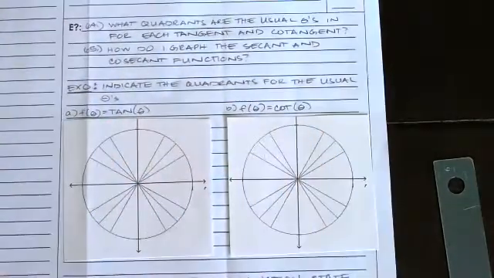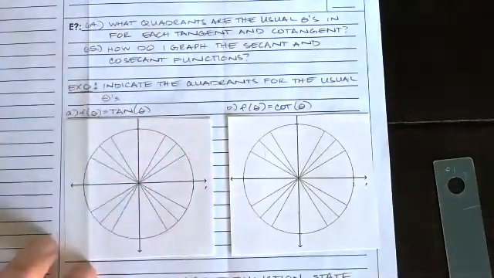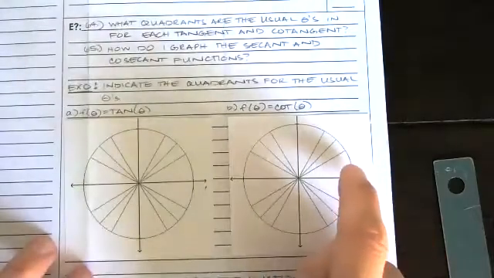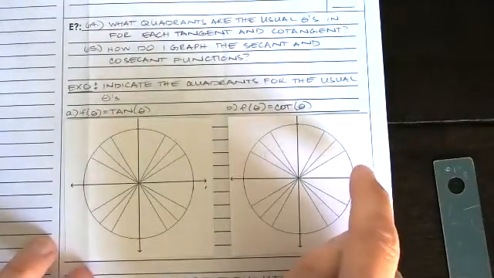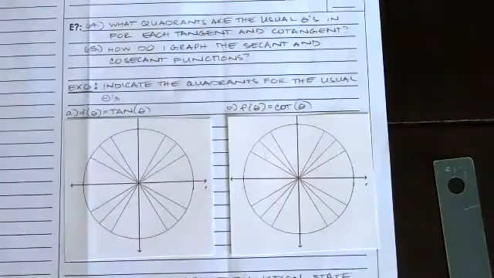Remember, the tangent is the sine over the cosine. So going from negative pi over 2 to positive pi over 2 gets us the full range of the sine values, and the cotangent is the cosine over the sine. And so going from 0 to pi gives us the full range of values of the sine function. Okay, so